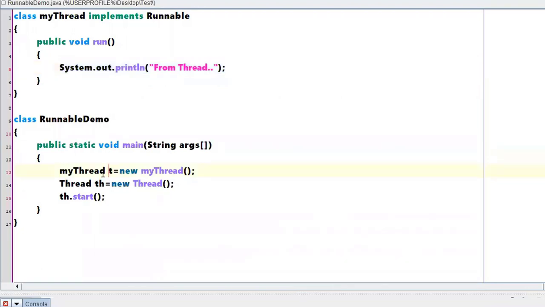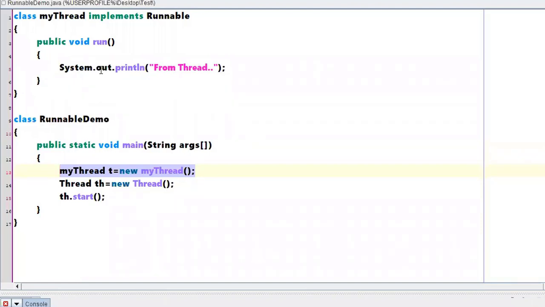That means this particular t is nothing but an object of this particular MyThread, right? The intention of creating this particular object was to perform this particular job, right?